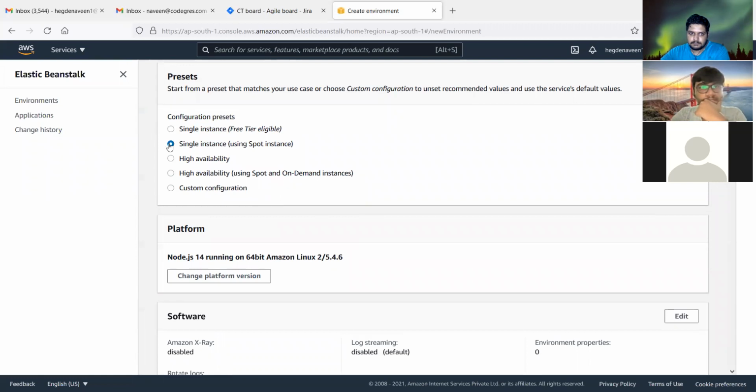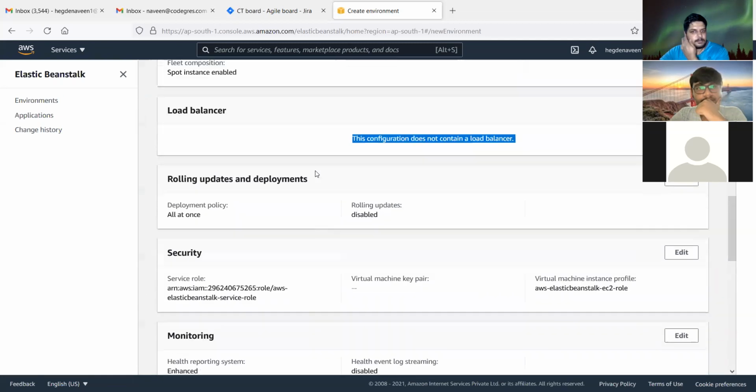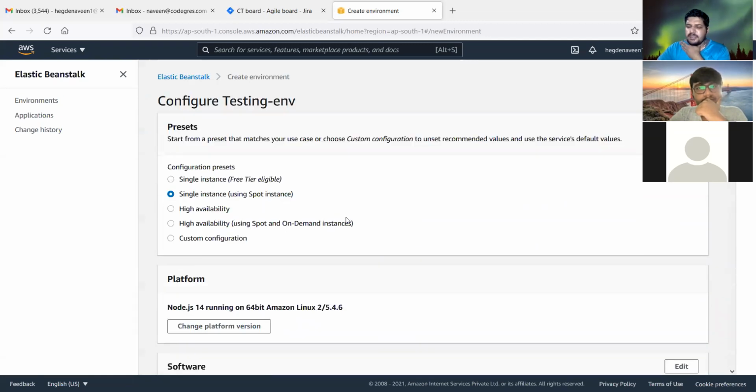What is that? Using spot instance, what it will do is, for example, let's say you want to pay less and you also want to scale it up a little bit. There's something called spot instances where, assume AWS has many servers, right? So some of it goes unused. So this will use the unused processing or CPUs of other users and give it to you at a lower cost.